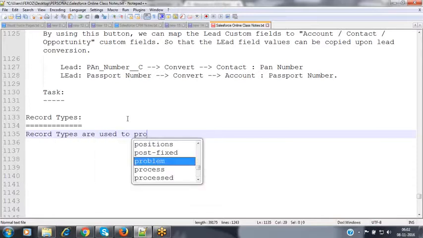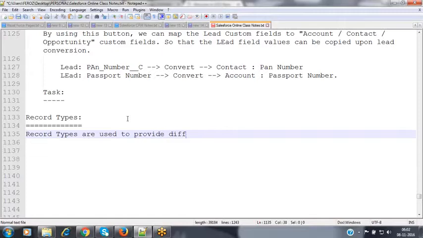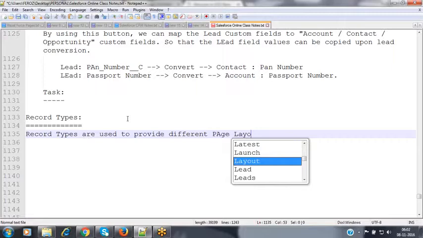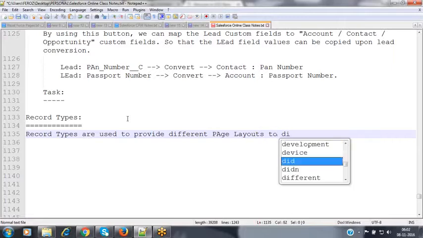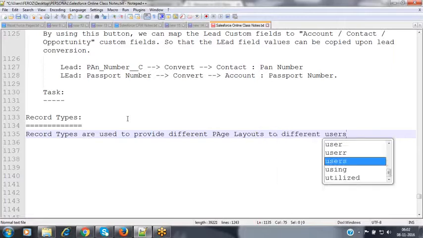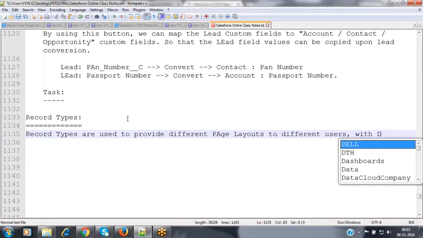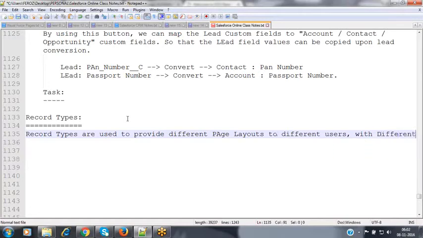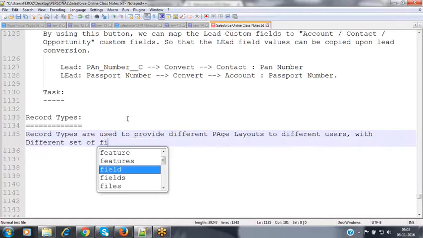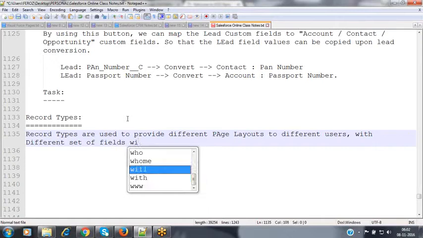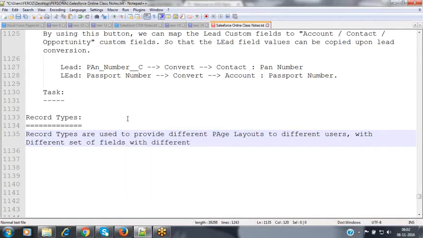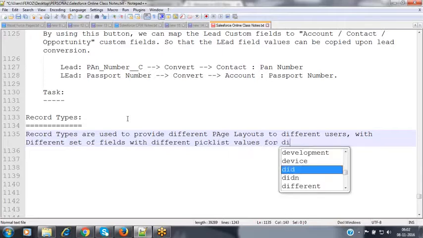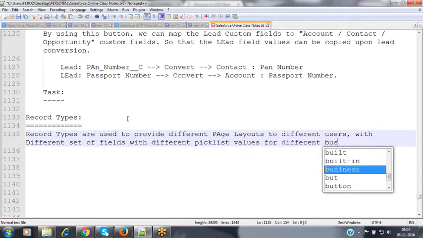Record types are used to provide different page layouts to different users with different sets of fields, with different pick list values, for different business needs.